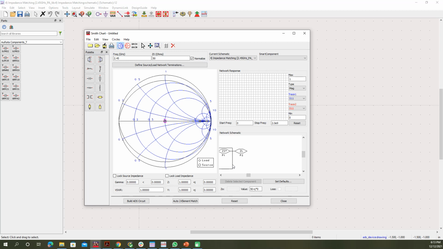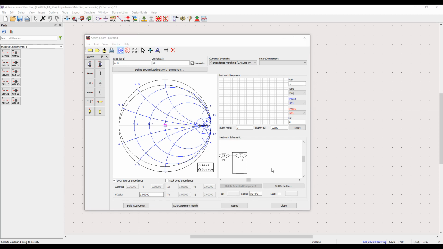Z source is set to 50 ohm, and then I will lock the impedance so it won't move during the impedance matching. Z load will be set as the PA input impedance. The PA input impedance obtained from the load pull is 2.292 minus J12.934.